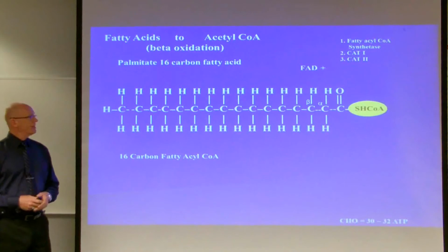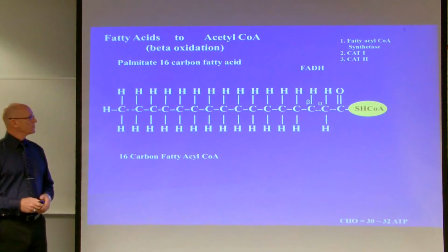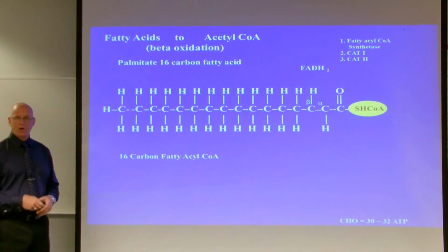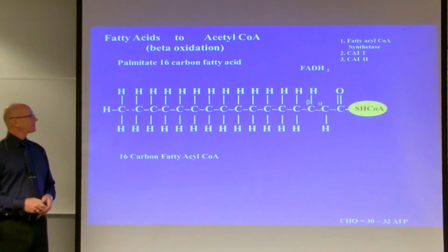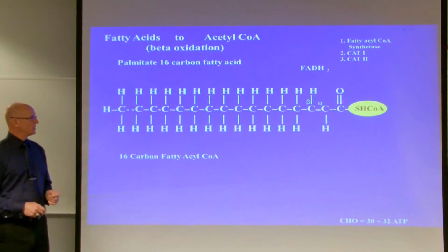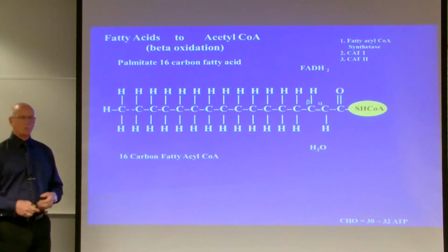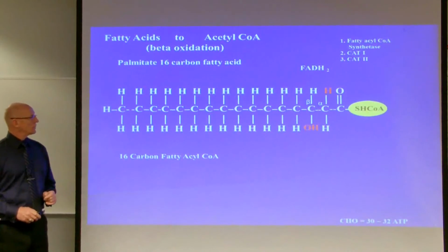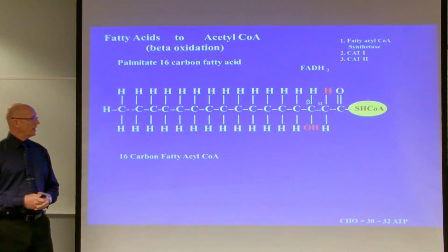First, we're going to use flavin adenine dinucleotide in its oxidized form, and it will be reduced as we take a hydrogen and electrons off of the beta carbon, and then it will be reduced even further as we take another hydrogen off the alpha carbon. Then, by taking those electrons off, we're going to end up with the electrons here forming a double bond. Now what we're going to do is hydrate that double bond. First we went through oxidation. Now we're going to do hydration. We're going to hydrate that double bond. And so now we're going to end up with a hydroxyl and a hydrogen across that double bond,